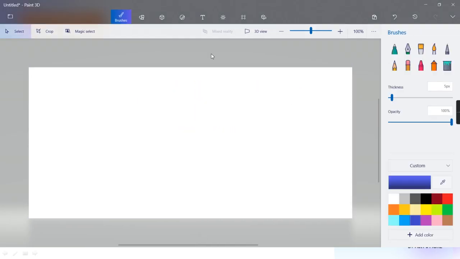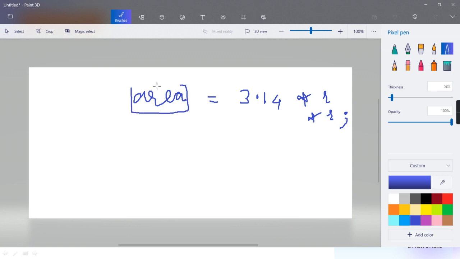Clear? A very simple example: if I write area = 3.14 * R * R, and then I put a semicolon. Here, area is one piece of text, one indivisible, atomic part. This equal sign is one piece of text. This 3.14 as well. These are the lexemes. Lexemes means the pieces of text, and then these pieces of text are put into their categories. That is called tokens.